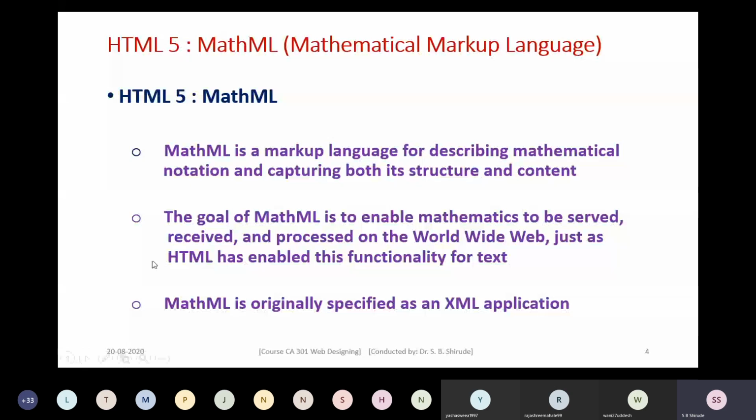But if we consider the simple part, in a markup language we have elements, attributes, and entities. So we need to specify what the elements, attributes, and entities are that will come under this markup language.